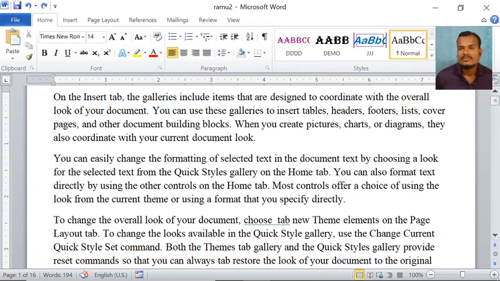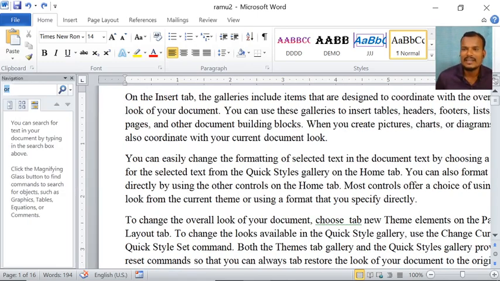While searching for a word or a letter in a Microsoft Word document, we have to keep the cursor at the starting point and click on find.